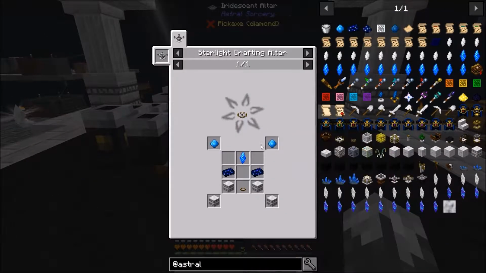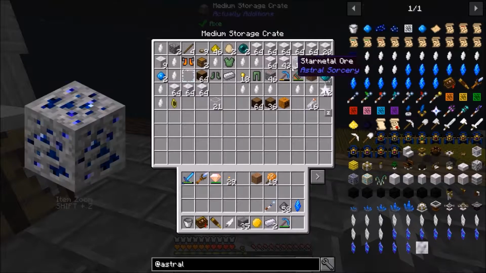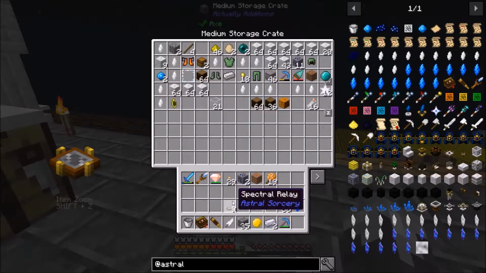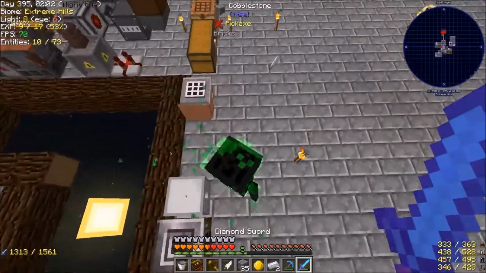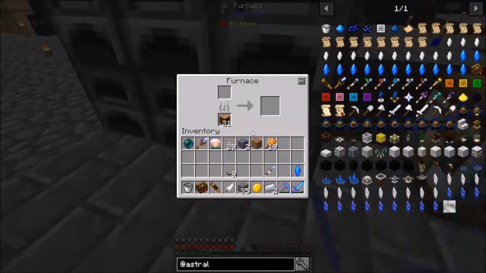It's time to do this. We need 2-star metal ingots. I don't have those. We've got these. Did I look at him? Yeah. So, but yeah,